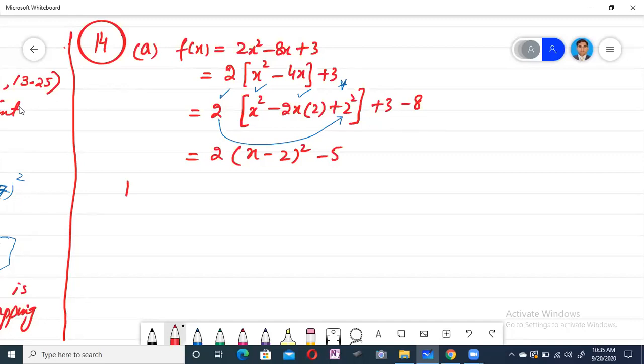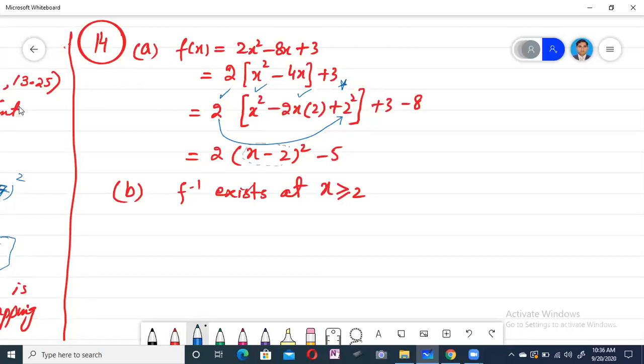Then after that, in part B, what is it saying? Does f inverse exist or not? Okay, and at what value of x does f inverse exist? f inverse exists at x greater than or equal to 2, because if x will be less than 2, this term containing square,